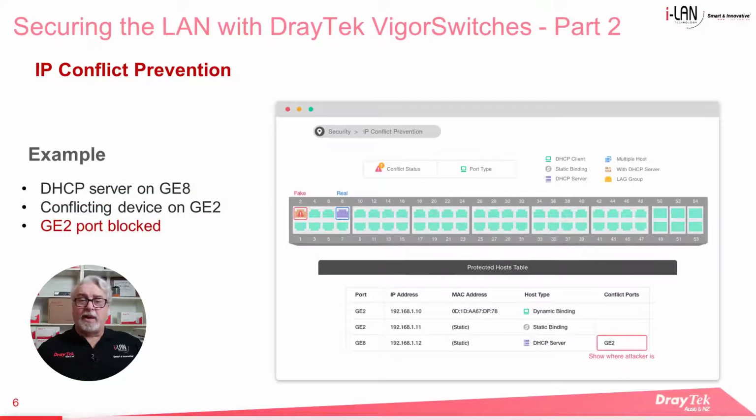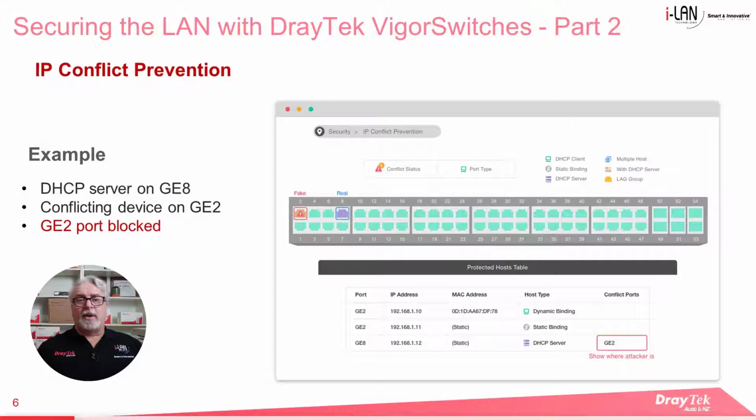The VigaSwitch will take a snapshot of the network design so it's aware of where the servers, router and access points are connected, as well as which ports are used for computer connections. With this information, the VigaSwitch can make smart decisions on the fly to identify potential issues before they cause disruption to the network or network resources. Once a misconfigured or malicious device is detected, it's blocked immediately.